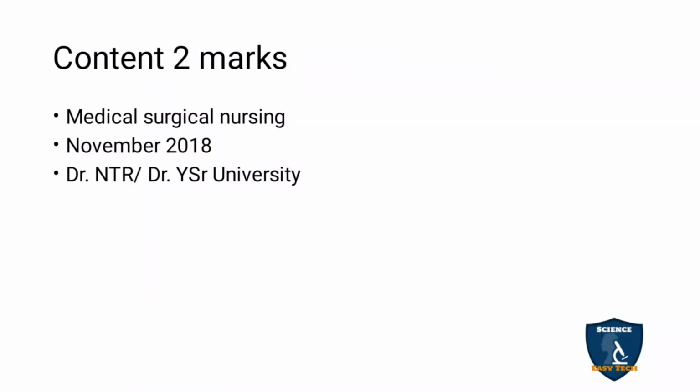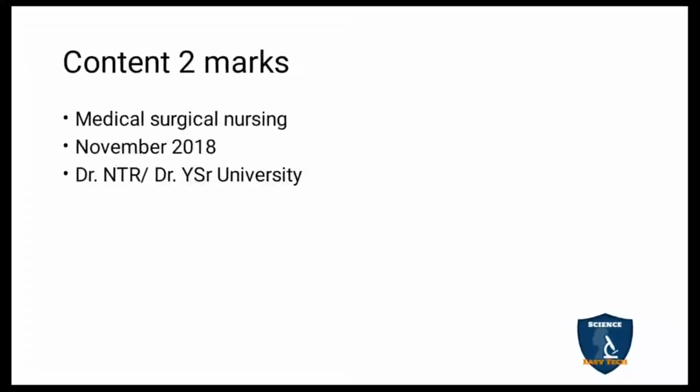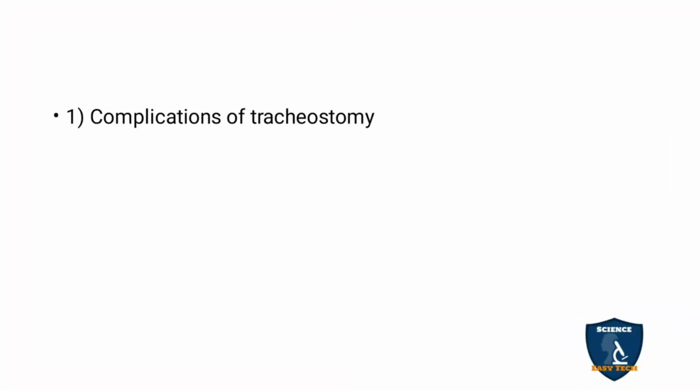So the content we are going to discuss is, as I have told earlier, the 2 marks Medical Surgical Nursing 1 question paper, November 2018, Dr. NTR University of Health Sciences. Now the university name has been changed to Dr. YSR University of Health Sciences. So the first 2 mark question is,